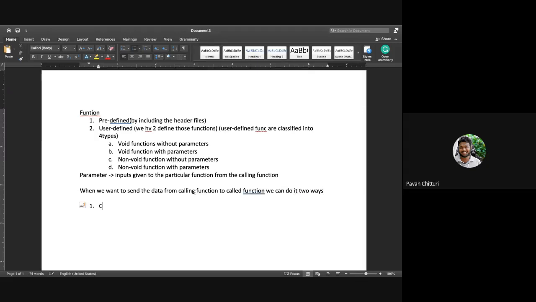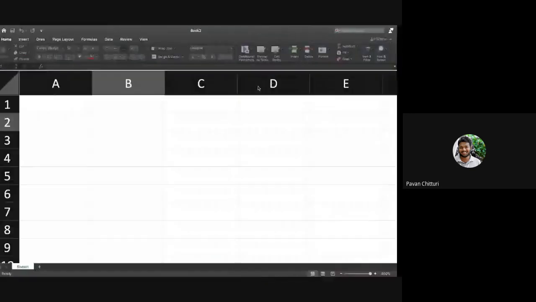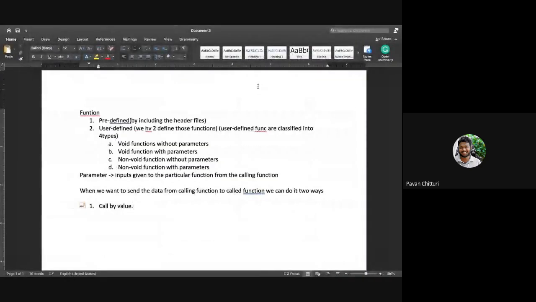The first way is call by value. Call by value means we need to send a value as a parameter.